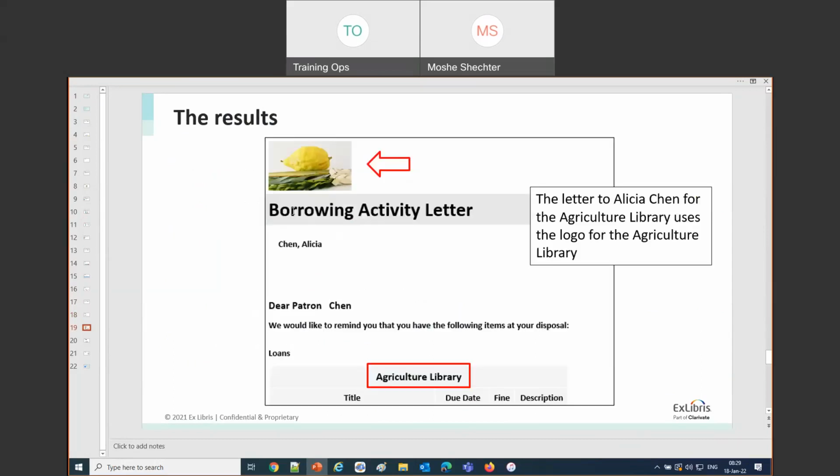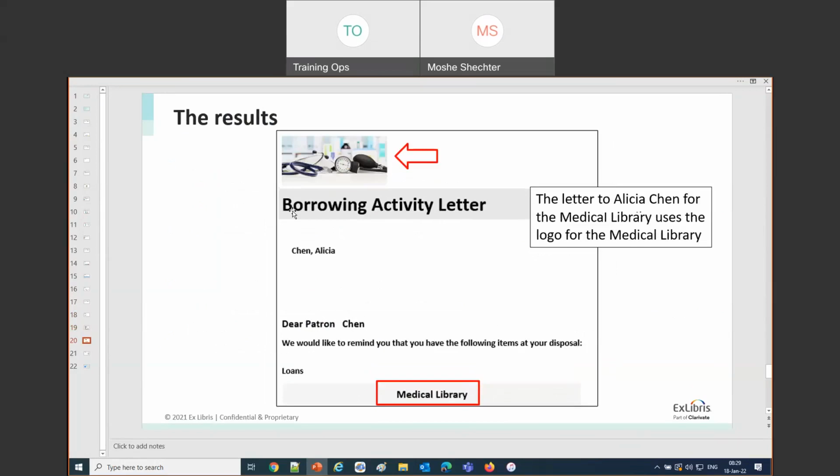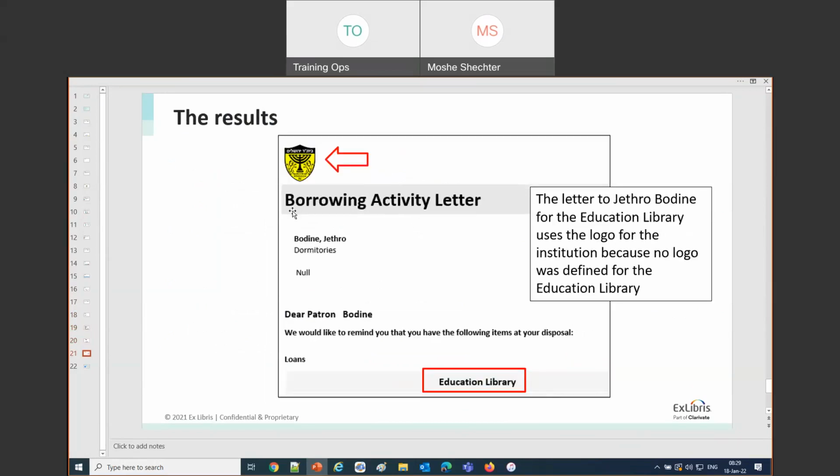So here's the letter to Alicia Chen with the lulav and etrog for the agriculture library and the stethoscope for the medical library. And Jethro Bodine, because the education library didn't have its own logo, it took the logo from the institution. That's that.